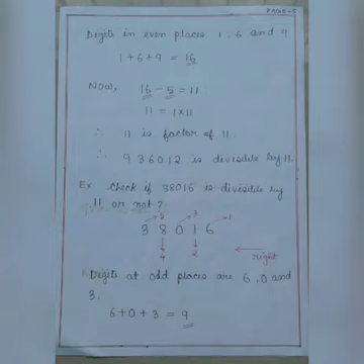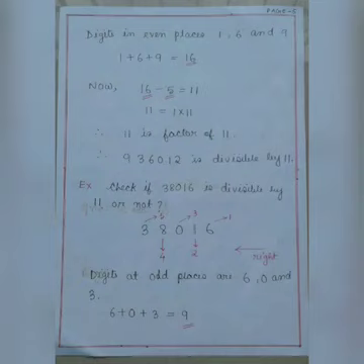Again I shall take one example. Check if 38016 is divisible by 11 or not. Again I have written the number 38016. From the right side I have written the position of the digits, odd position on the top of the numbers and even position at the bottom or below the digits.